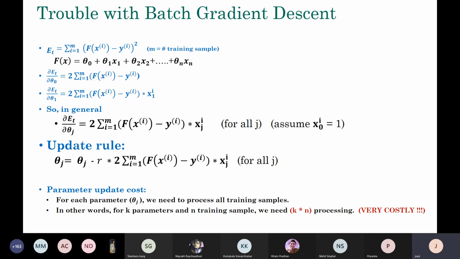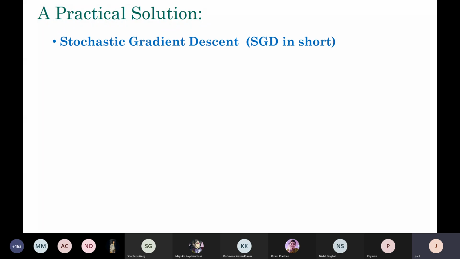So what can we do to address this problem? Let's see. Here is a practical solution. This is an approximate solution. Remember that we often do approximation in order to achieve some goal. You probably want to sacrifice accuracy a little bit, but you want to speed up the computation to make things more practical. So that's what we're going to do.